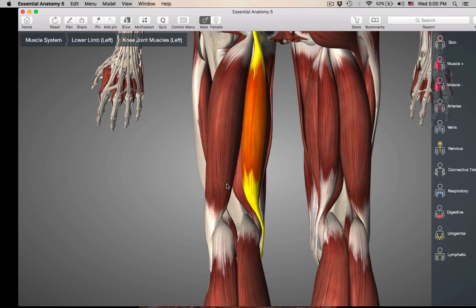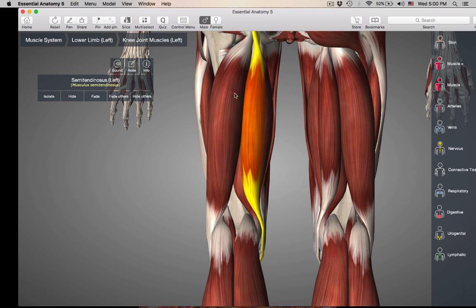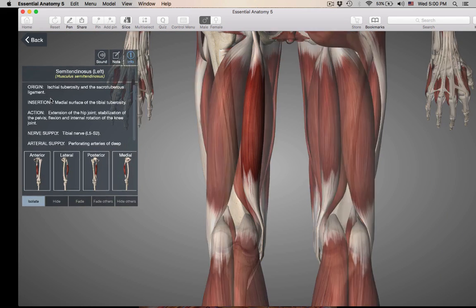Next to biceps femoris is going to be the semitendinosus. When you're looking at these two muscles, either on the cadaver or on the leg model, they are essentially just kissing each other right here. Semitendinosus is on the tibia side. So this is going to be the medial one. If you isolate this one out,